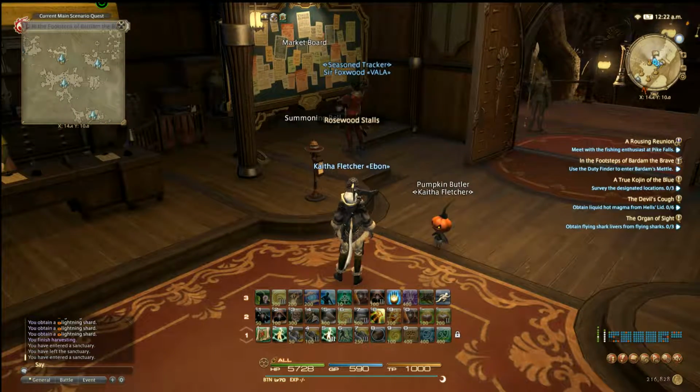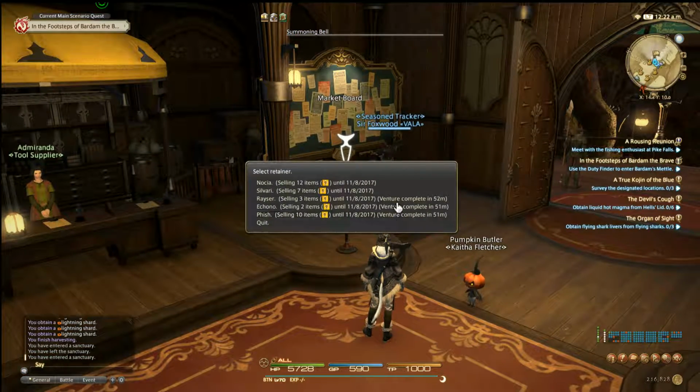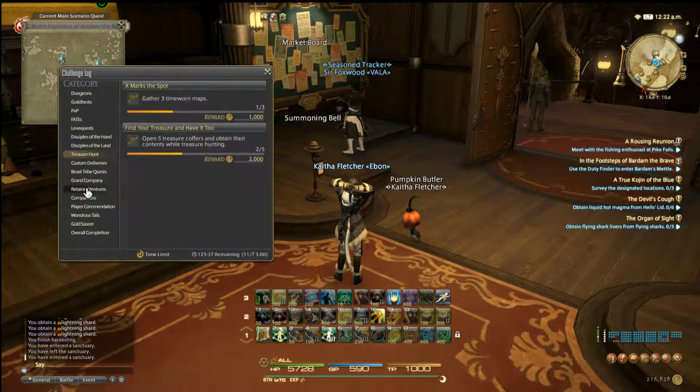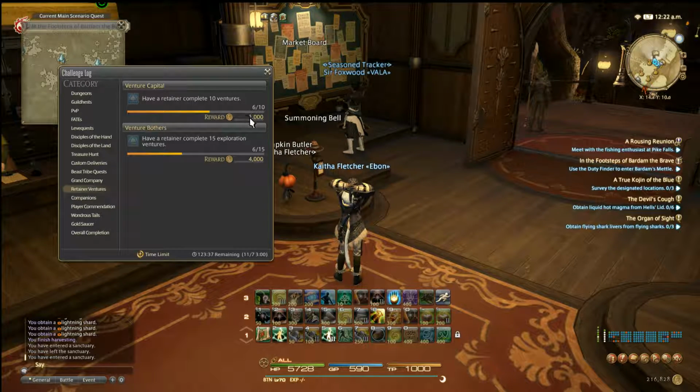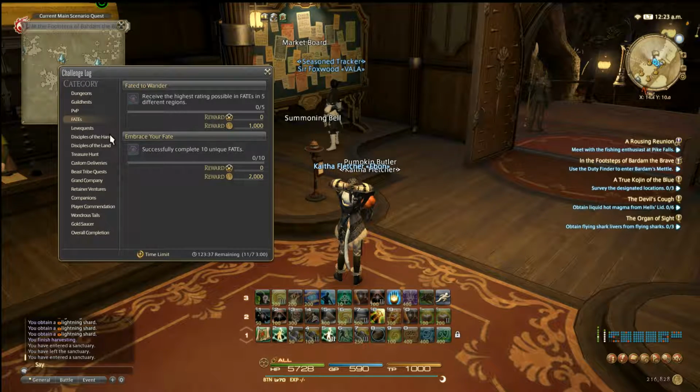So tomorrow morning, the first thing I'm going to do when I wake up is I'm going to drop 3 more ventures on my retainers, because retainers have to do 10 ventures of some sort and 15 exploration ventures. Exploration ventures take about a day. So since I'm doing them 3 at a time, it's going to take me 5 days to get them done. I could do 5 at once, and that would take me 3 days, but I'm really not pushing it that much. But tomorrow we will do Fate, and